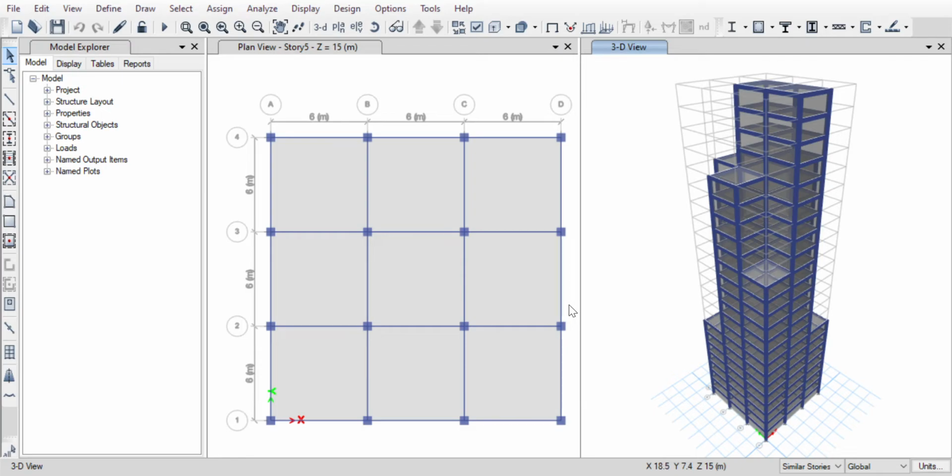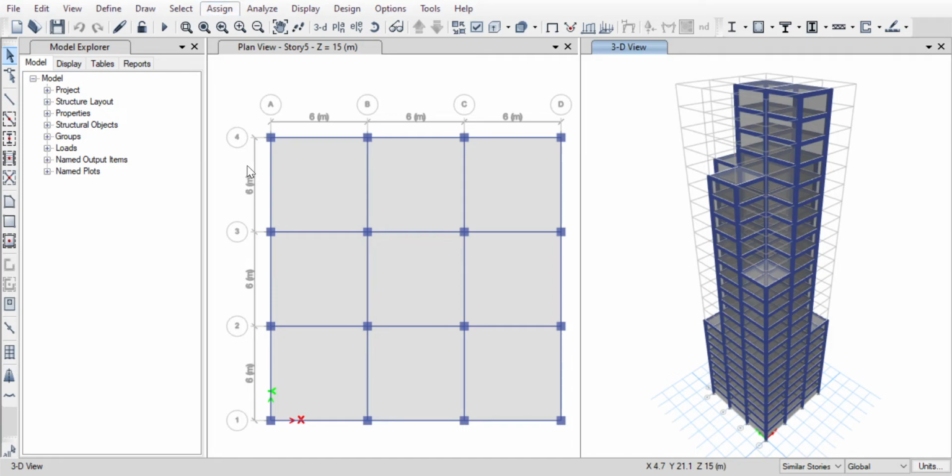After drawing the grid for this project, we have applied the loads. We have assigned the loads using the assign load option. So first of all, from assign load, we have gone to shell loads.